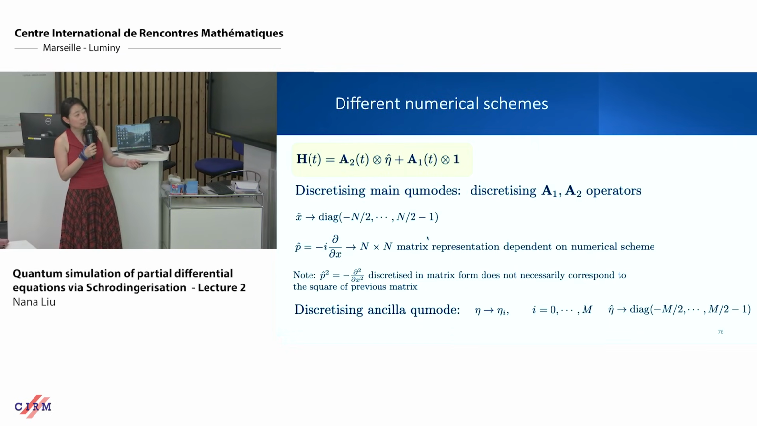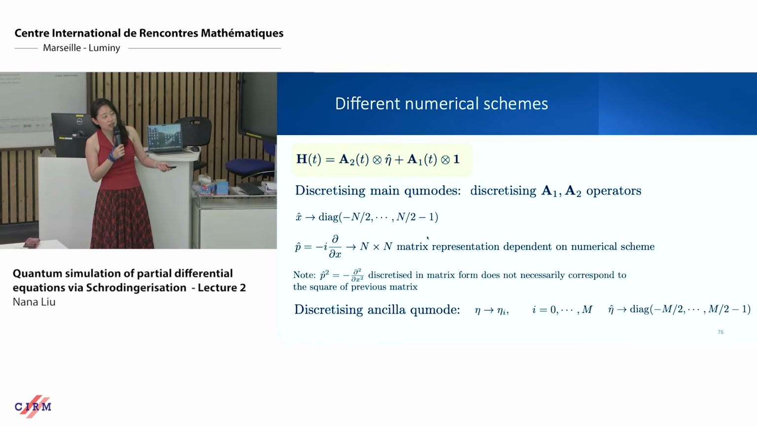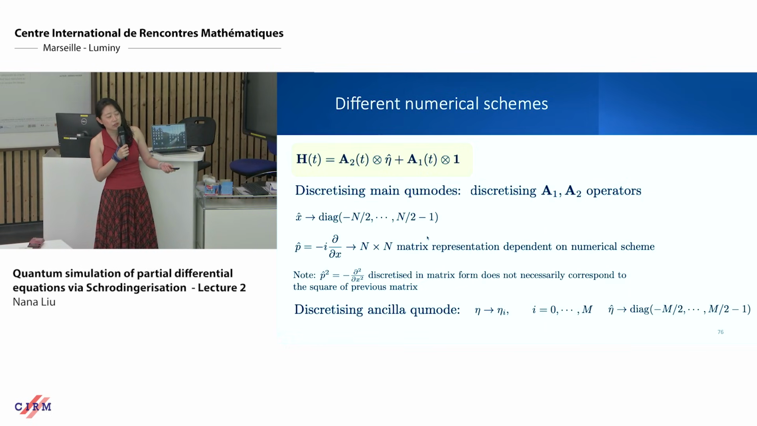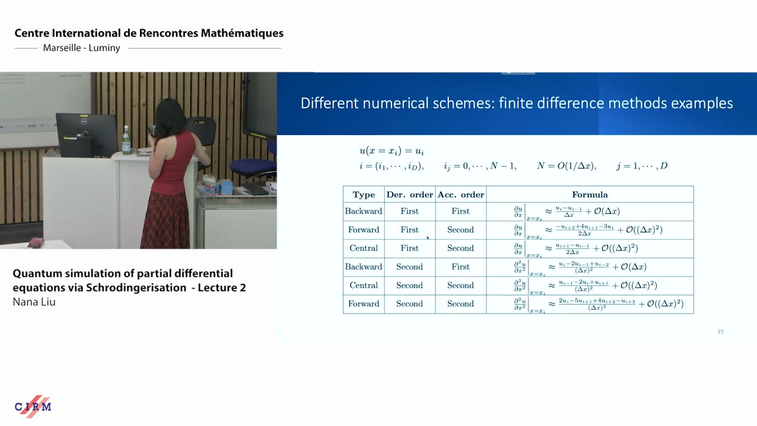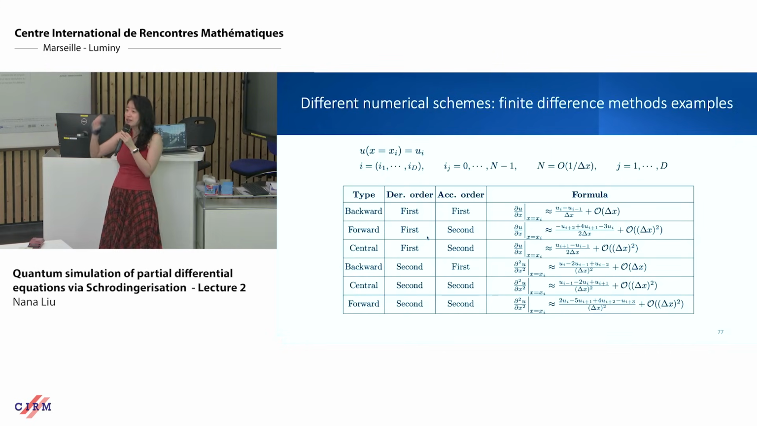Or if you discretize the oscillator mode, then eta hat is the diagonal of minus m on 2 to m on 2, if you want to discretize eta in terms of m. Now, m is not necessarily the same as n, because there are cases where we can make m really small, whereas with n, you have to make it big if you want good spatial resolution for the solution of your PDE. As an example, I got this from the paper with Chartier on Robin